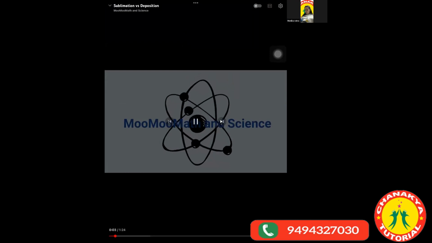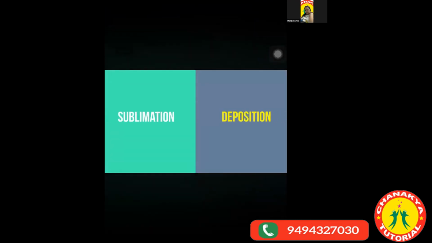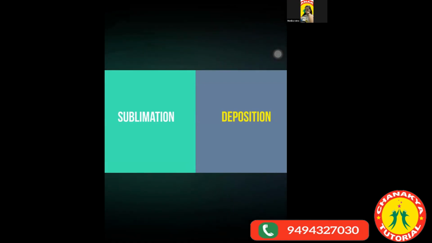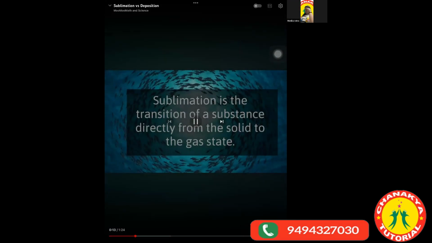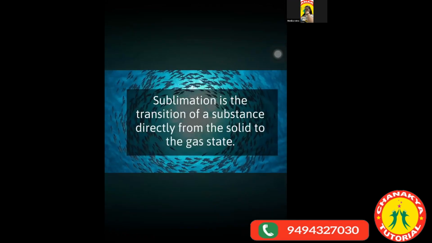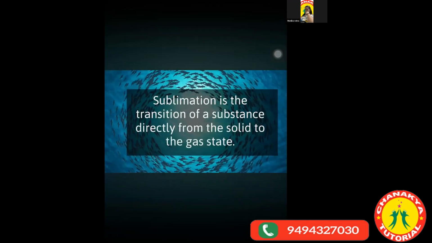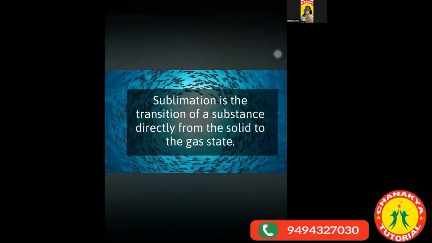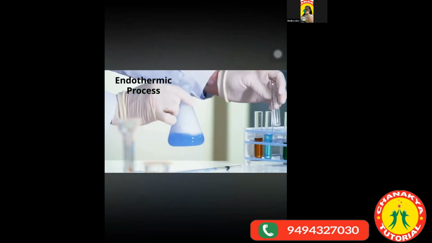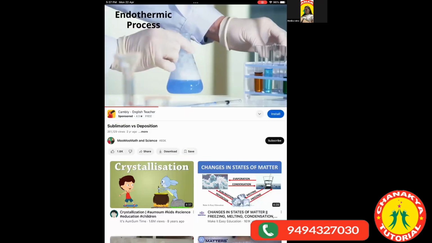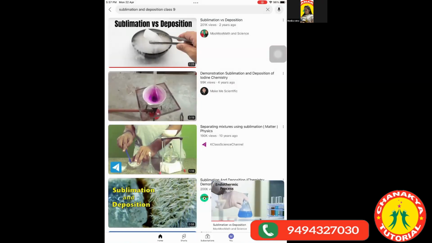In this video, let's figure out the difference between sublimation and deposition, which are both phase changes. Sublimation is the transition of a substance directly from a solid to a gas without going through the liquid state. Sublimation is an endothermic process. An endothermic reaction is a chemical reaction in which more energy is needed than is released. A constant input of energy